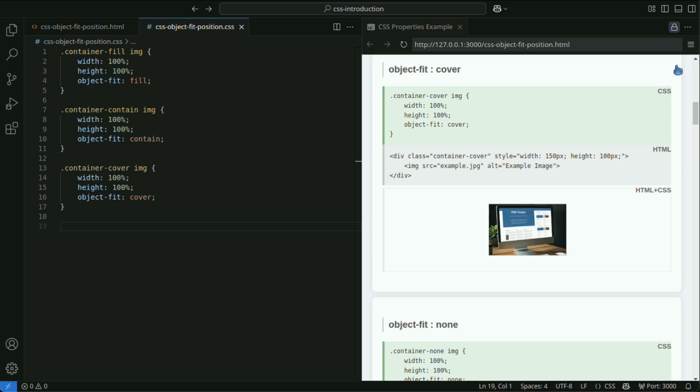Cover resizes the content to completely cover the parent element while maintaining the aspect ratio. Some content may be trimmed to fit the parent element, but the entire element fills the container, so no gaps occur. Commonly used for background images or hero section images.